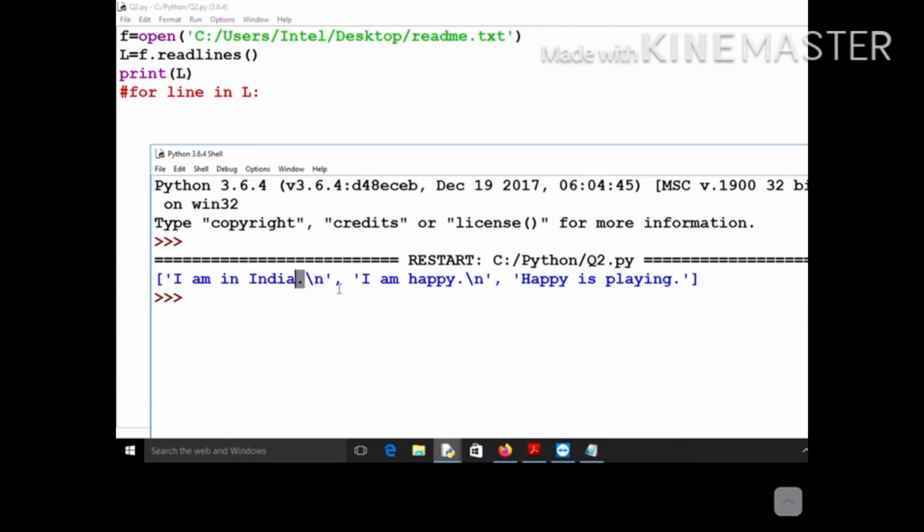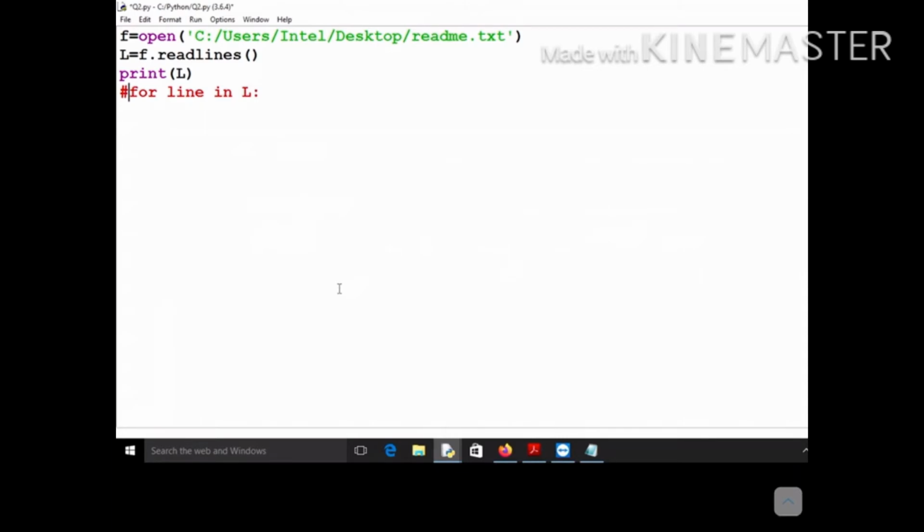Okay, so the very first thing that you will do is that you will strip your line, you will strip your string. This is nothing but a string. So you will first strip your string, you will remove this backslash n, you will remove this full stop, and then you will split your line into words. Okay, so let me write it programmatically.